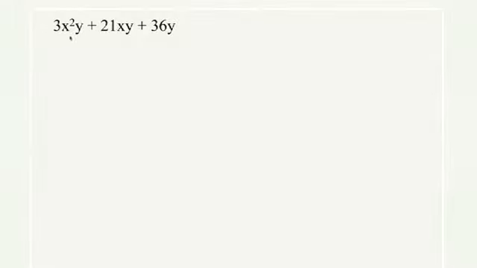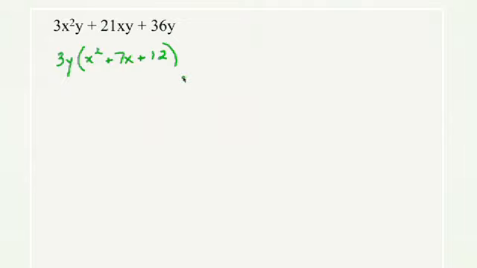That's it. So in this problem, we look at all the terms, and first of all, we notice there is a 3 that is common in all 3 of them. Then you look at the x's, and you see, well, I've got an x squared and an x, but no x here. So ignore that, and then look at your y's. I have a y, and a y, and they're all the same power, so I can definitely take out 3y. So what does this leave us with? Well, in the first term, x squared. Second term, 7x, and the last term, 12.